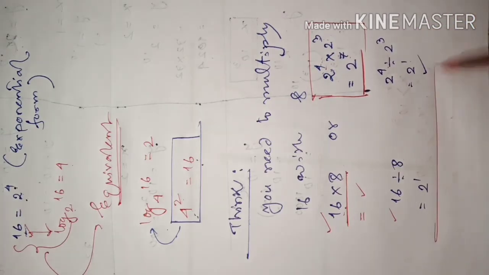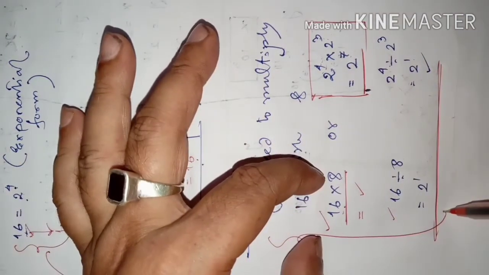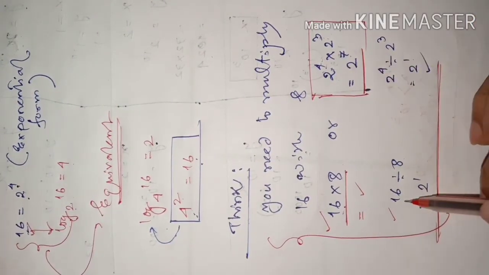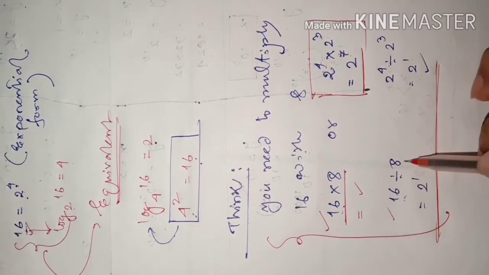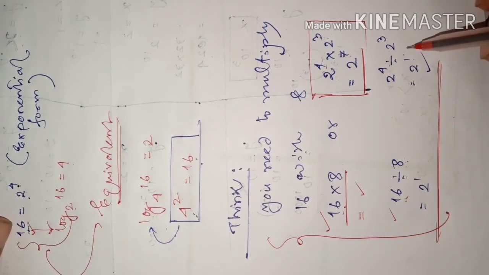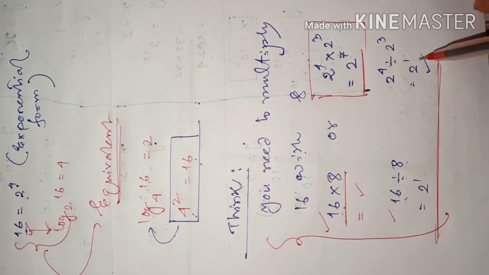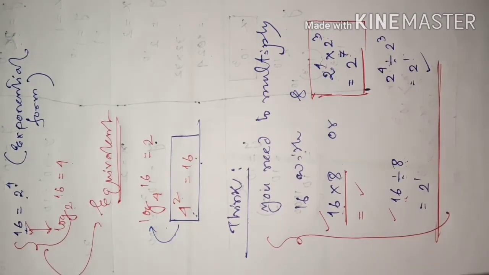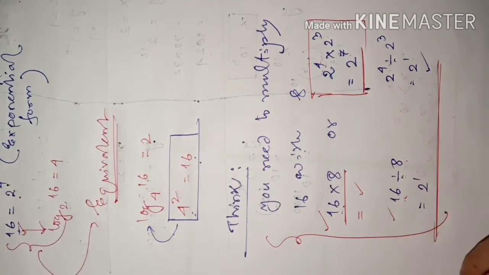So this is a new finding, that multiplication of two numbers can also be reduced to addition, and division of one number by another, the quotient of two numbers, can also be reduced to subtraction of their exponents. So this led to the thinking of logarithm. Logarithm is nothing but all about the exponents of the bases.